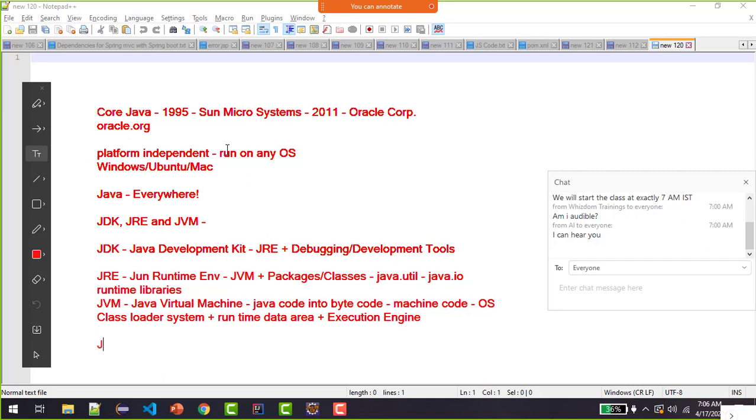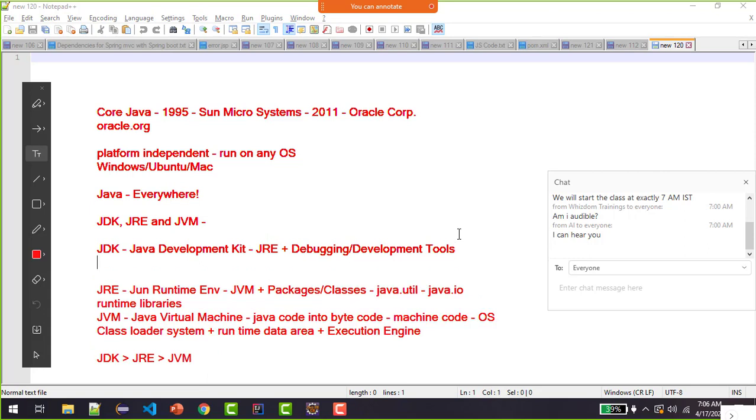Before I start talking about them all over again, see, JDK has JRE and JRE further has JVM, right? So now see, JDK is a full featured software development kit. When I say software development kit, that means as a programmer I need just JDK, which includes the JRE for me, which includes the compilers for me, which includes tools like the Java debugger for me.